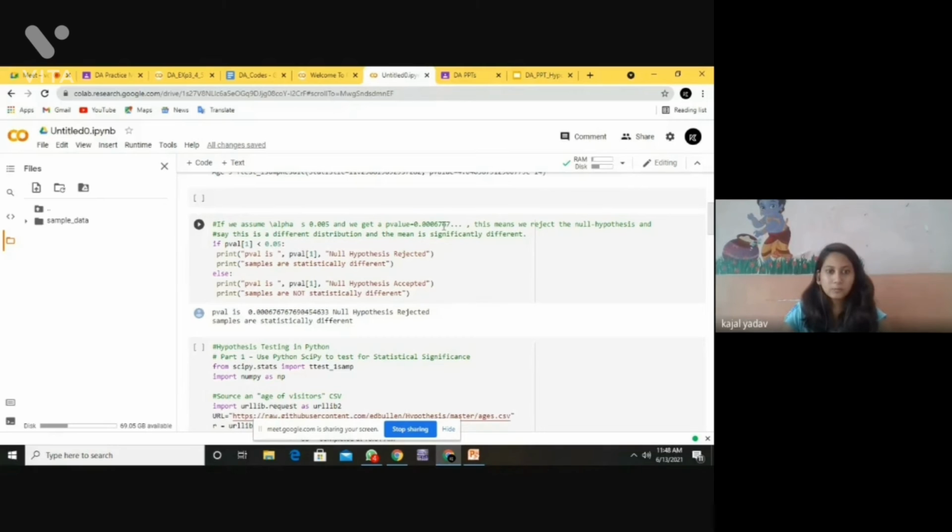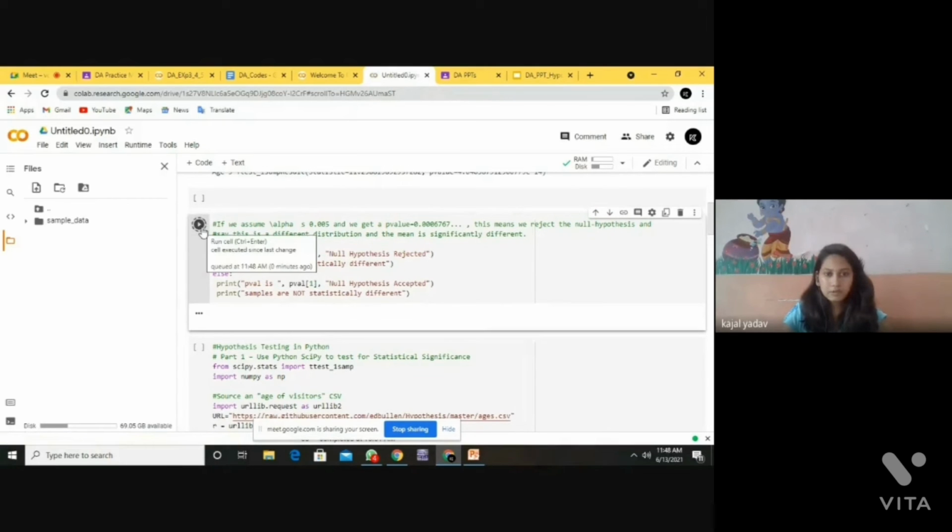If the given p-value is 0.00067, it is much less than 0.05, so the output is null hypothesis rejected. I'm just running this code again, and we are getting the same result: the p-value is 0.0067, and the null hypothesis is rejected.